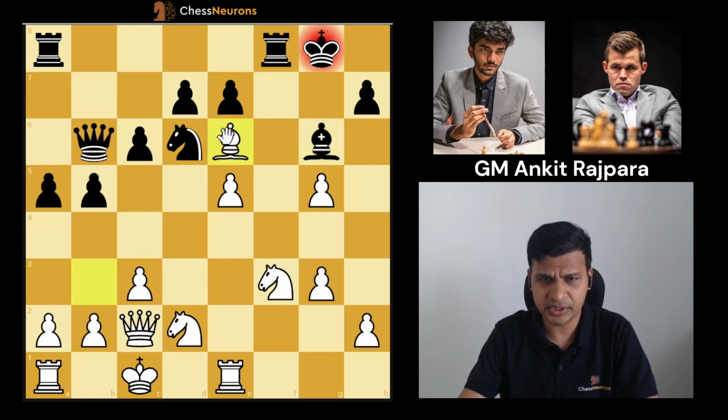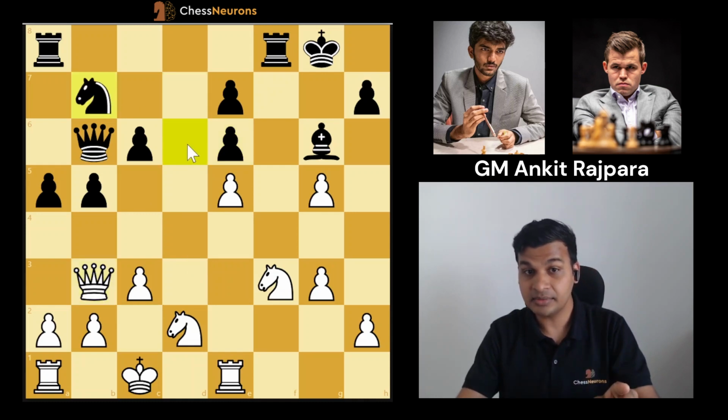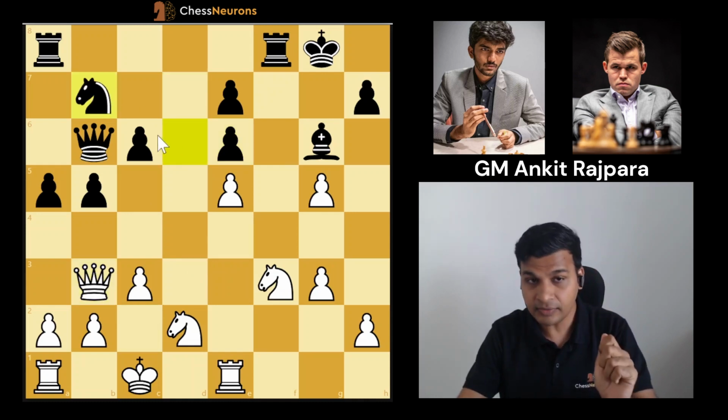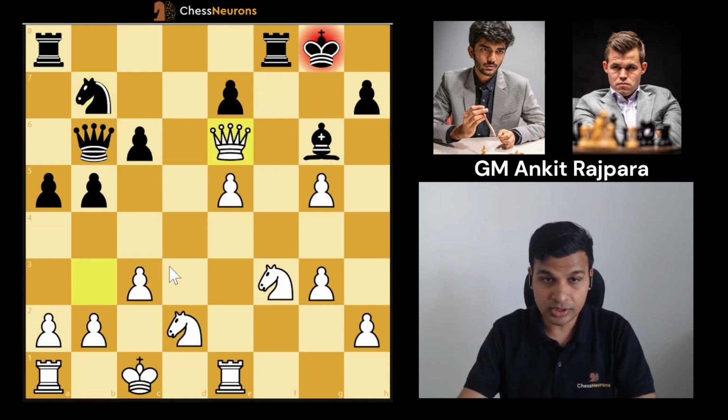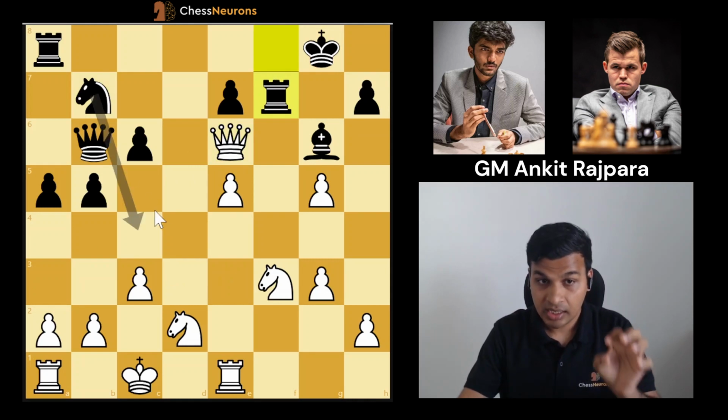So Gukesh takes the knight with a check. Carlsen recaptures, and after that, Carlsen brings the knight to b7. The plan of knight b7 is to go to c5, then to go to d3. In the process, Carlsen loses the second pawn, but that's not a worry for him because if the knight comes